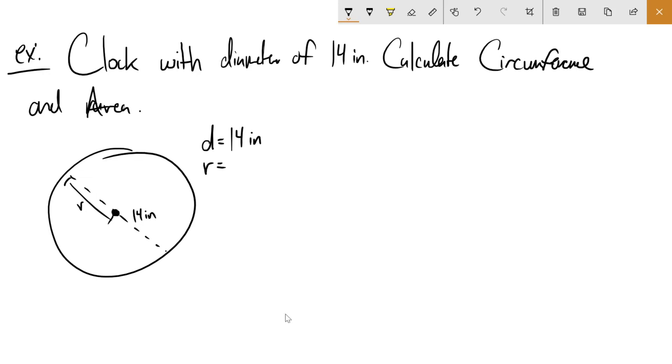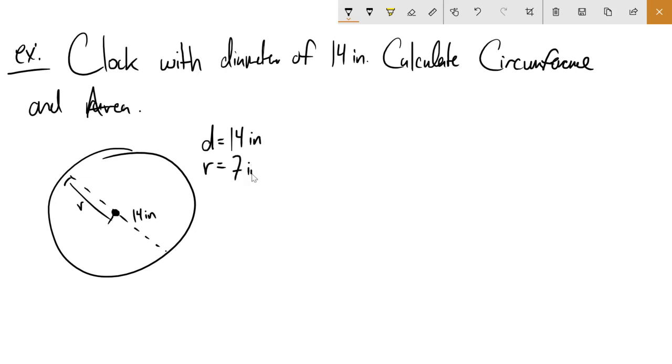Because a diameter is just two radii put together, or the radius is just half the diameter. So if I know the diameter is 14, then the radius has to be 7, like you said,